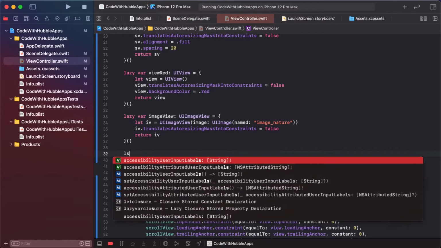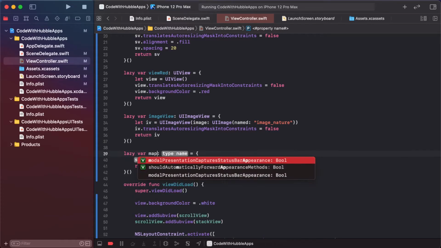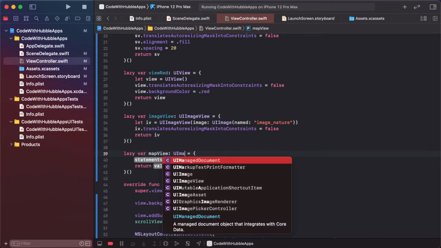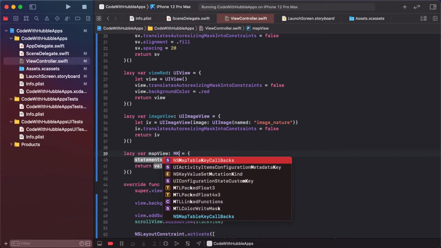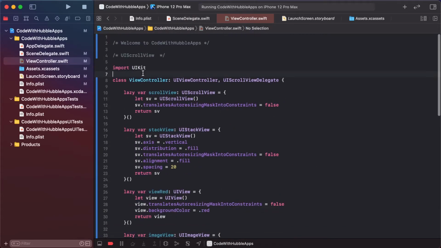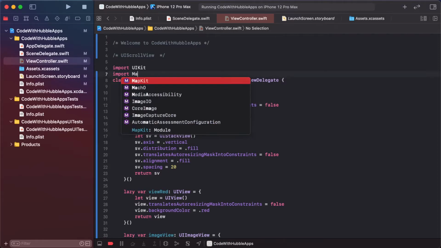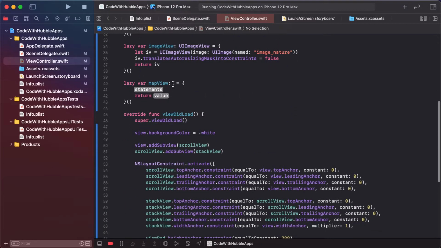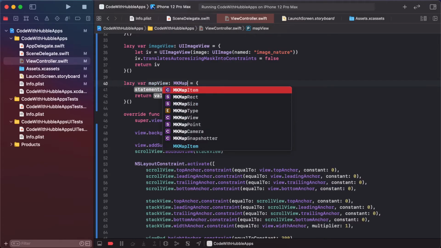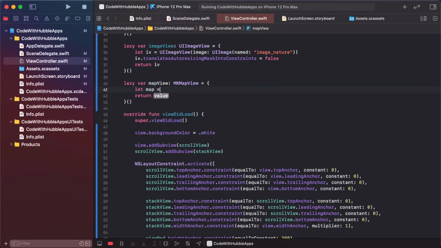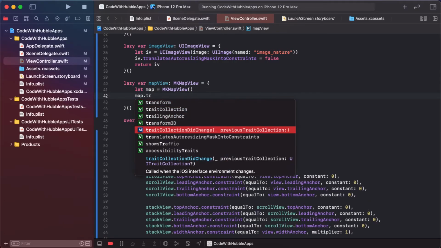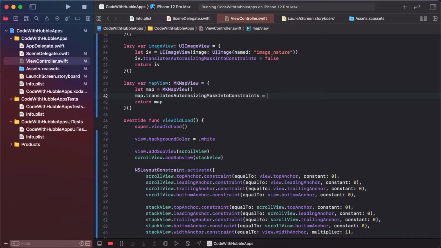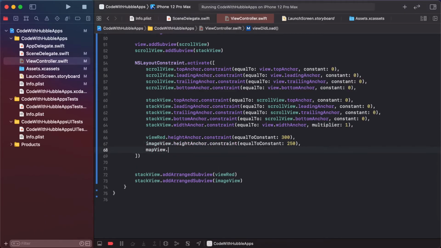Adding a map. Let's see. This is a map view. UIMapView, MKMapView. So we need to import MapKit and access MKMapView. Let map, MKMapView, map.translatesAutoresizingMask as false, and map apply height constraint